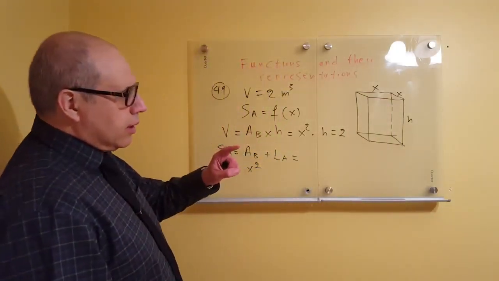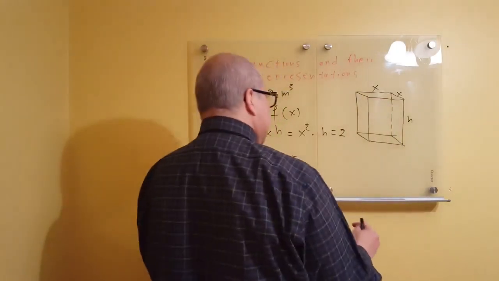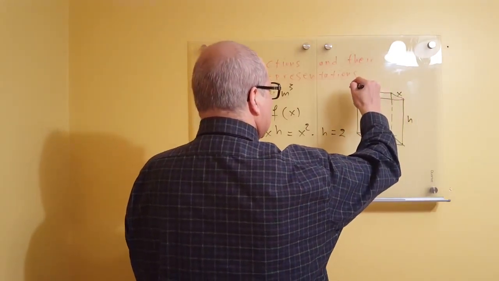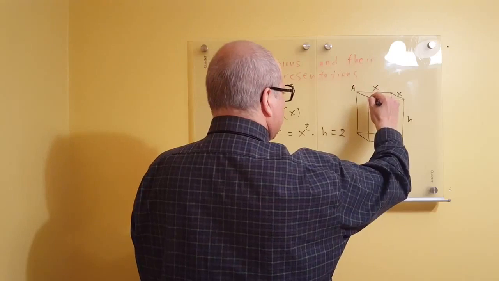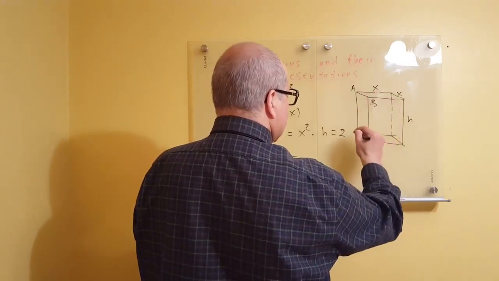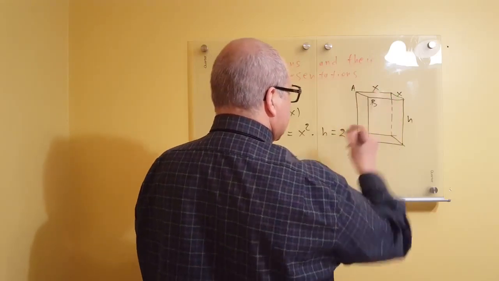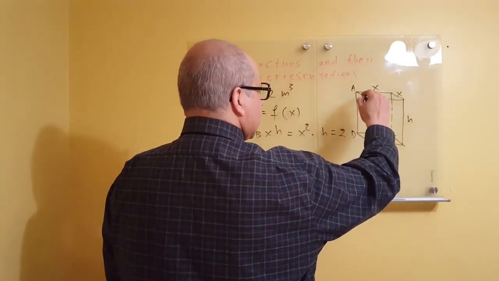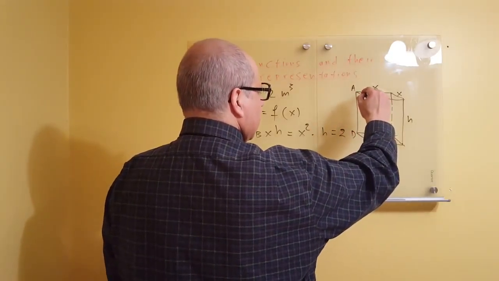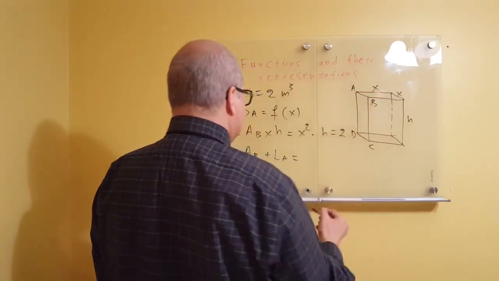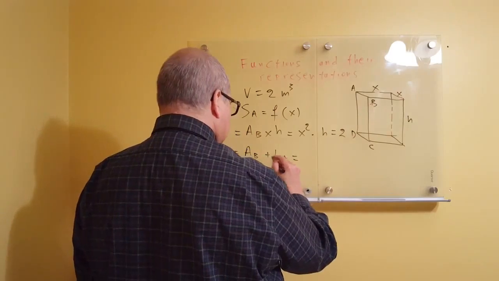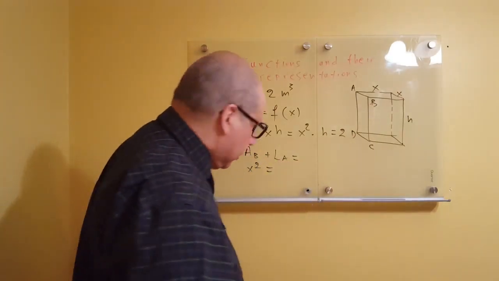All of them have the same area, because let's say we take this here, A, B, C, D. What's the area of this rectangle? It's one side times the other, so it's x times this here. Because all of them are equal, we have plus 4 times